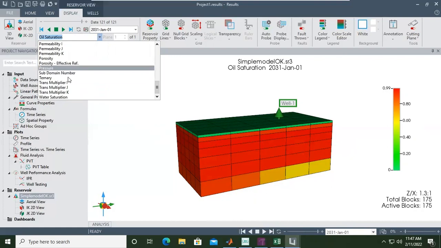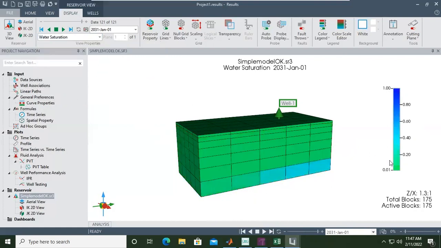And for the water saturation, oh, interesting. Oh yeah, okay, I understand. Be careful here.